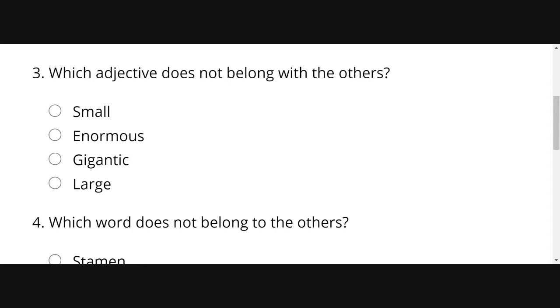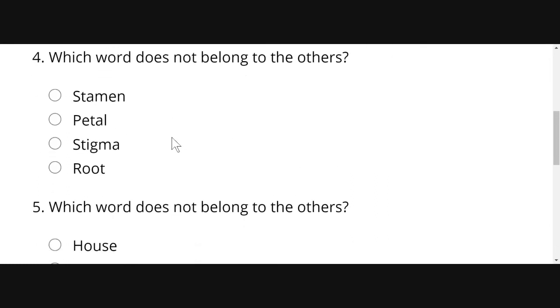Guys, remember we only have 10 minutes to complete this. I need to see some answers. So Dahlia Shaw is saying small. Nat Henry is saying small. Shantasia Brand, small. Georgia Gunn, small, because small means tiny. All right. Okay, Shantasia is saying small again. Kadeen Gordon is saying small. All right, so I'm going to go with small. I'm not saying whether or not it's correct. I'm just going with what